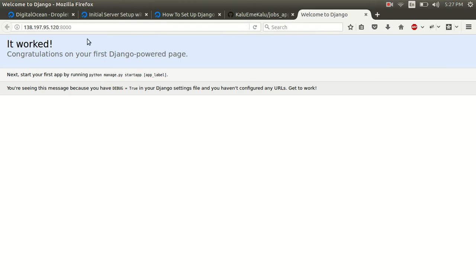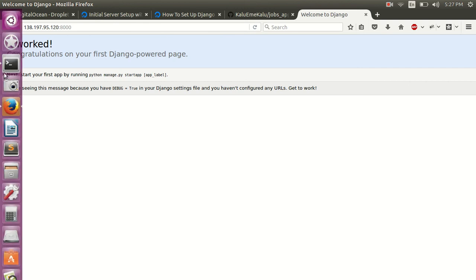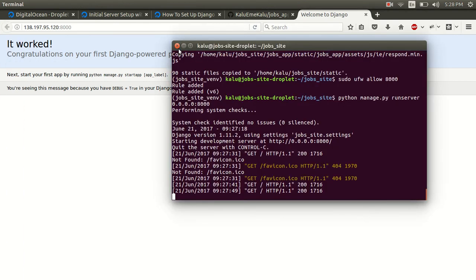So this shows up. Why does this show up? Because we have not edited our URLs in our settings. This is great, but we really want our app to show up. So what we need to do is go back to our terminal, close this server, and do vim